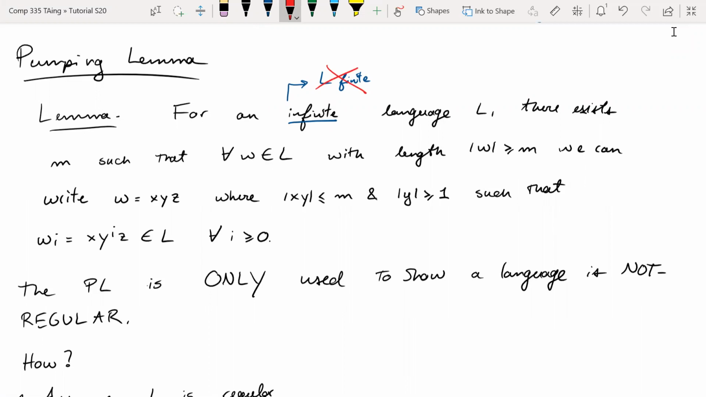Let's assume that you have an infinite language L, and L is regular. So if L is an infinite language that is regular, there exists a natural number M such that for every string in your regular language L, where the length of that string is at least M, we can decompose this